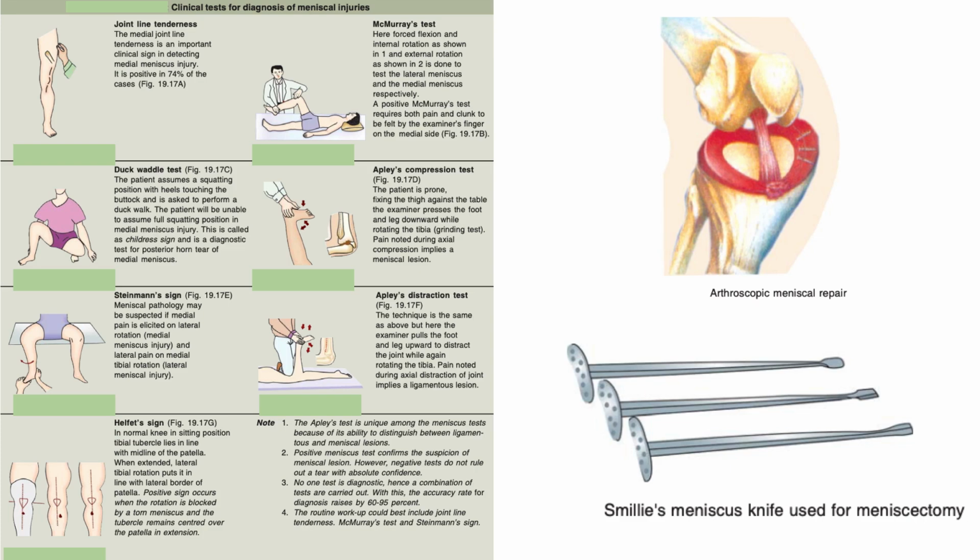So if we see that this repair is being shown in this image on the right side, if you see further, there is close partial meniscectomy, which is why arthroscopy is better than the total removal of the menisci by open surgery. So you can see here the Smillie's meniscus knife used for meniscectomy, and there is